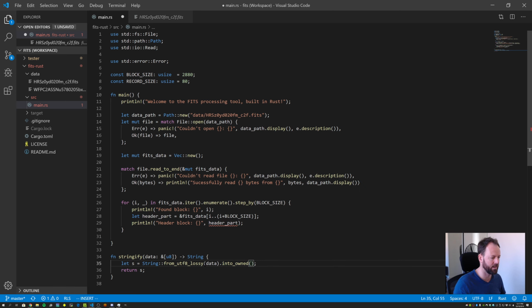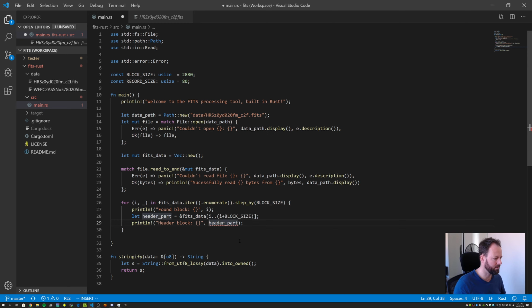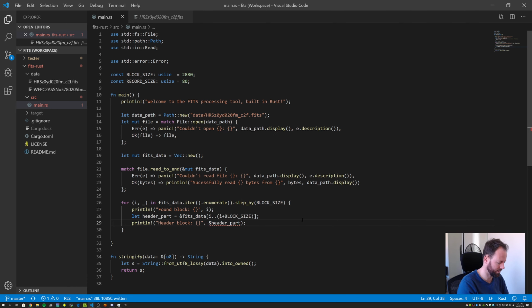Basically extract the owned data and let me assign that as a value to S and return that. So that looks good. Now I think what it's complaining about here is I need to pass a reference, I presume. No. Oh gosh, I'm such an idiot. Right. So what I need to do is call Stringify here,